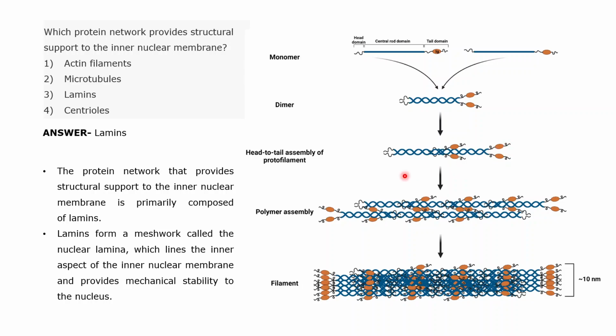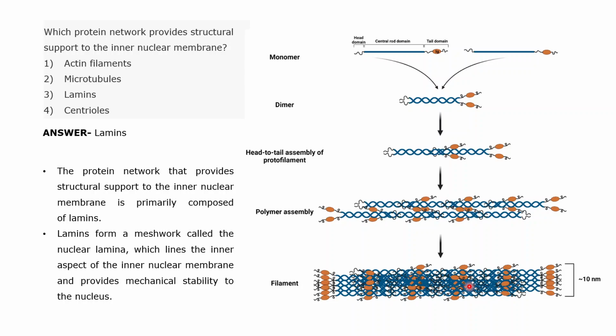Several of these protofilaments come together and intercoil or interact with each other in a parallel sheet-like manner to form what is called a polymer. So a protofilament is made up of a dimer of dimers, and several protofilaments come together and interact in a parallel structure called a polymer. And this polymer interacts in an intercoiled manner to form what is called a filament. So this is a lamin filament, and this lamin filament is what forms